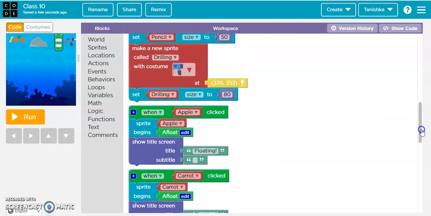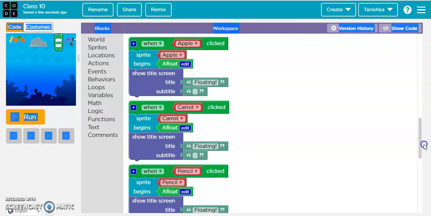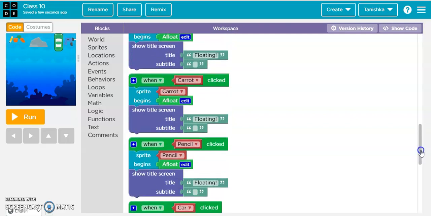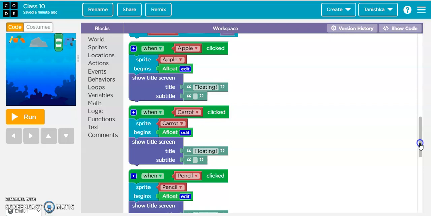I have also used the same block here: set apple, sprite is apple and begins float, and show title on the screen, title is floating. And when carrot is clicked, sprite begins carrot, and then show title on the screen, floating. So it's like that for the carrot, apple and pencil.